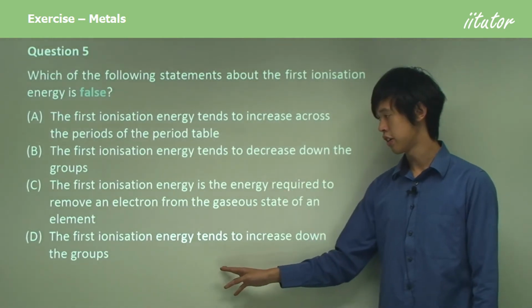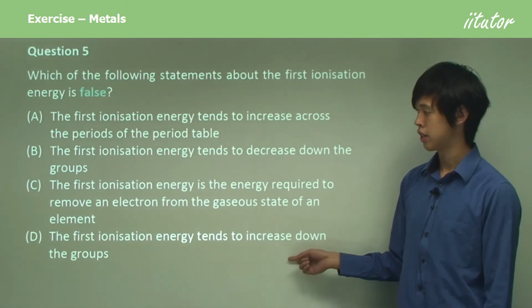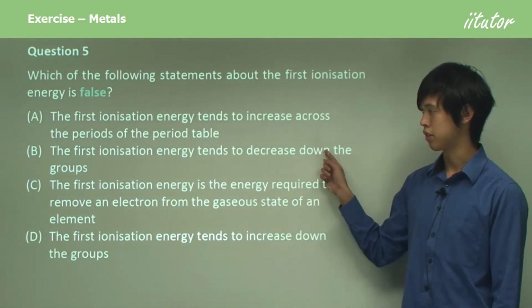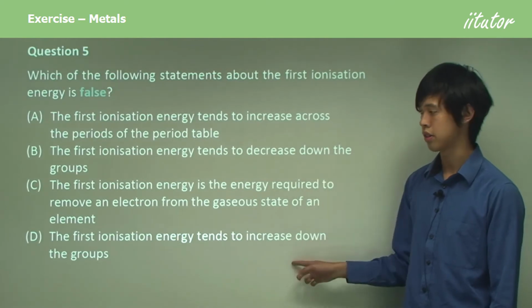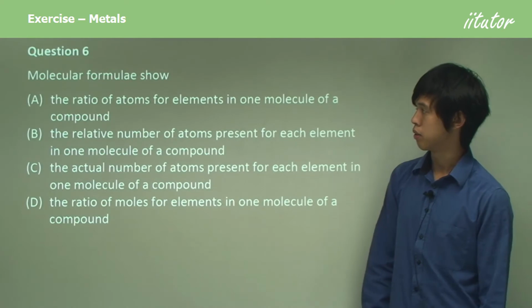And D, the first ionization energy tends to increase down the groups. Okay? This is in direct opposition of this, and we already know this is true, so D must be the correct answer. Okay? So molecular formulae